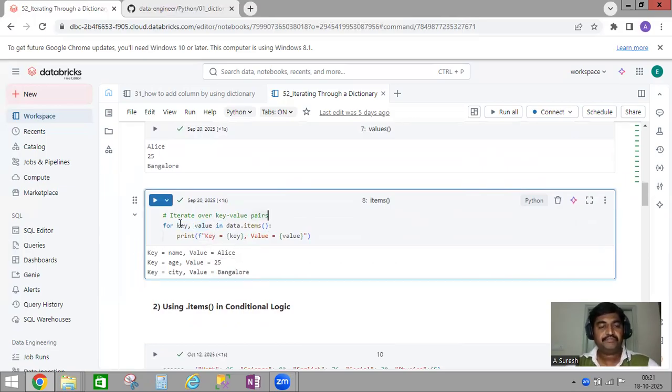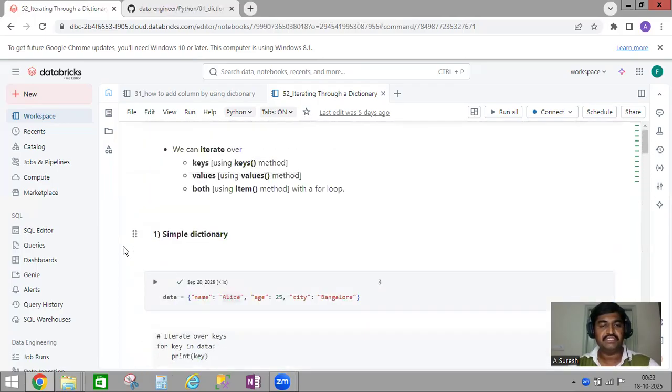After iterating key value, I'm trying to print. What I need to print is, first I want to print my key name. So key equal to, here I gave curly brackets key. That means whatever key it selects first for iterating, that key it prints here. In a similar way, value equal to value. The first value, that means the value relevant to the first key, it will print here. If you see our original dictionary,